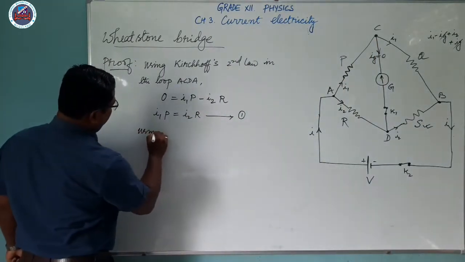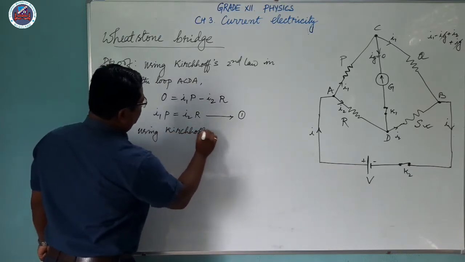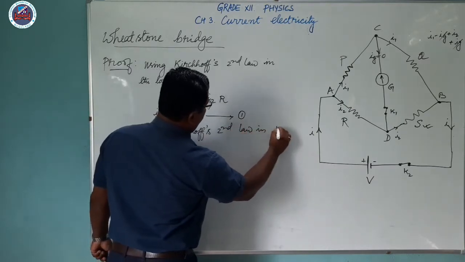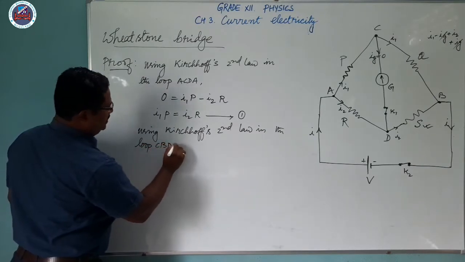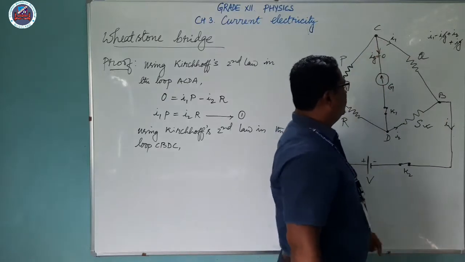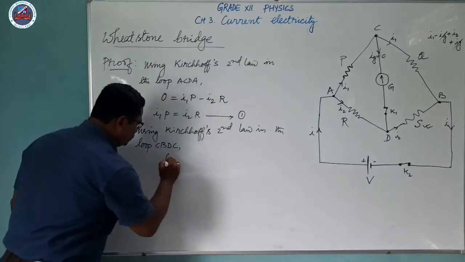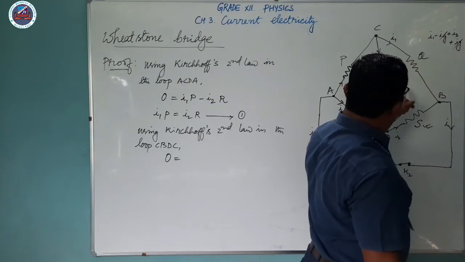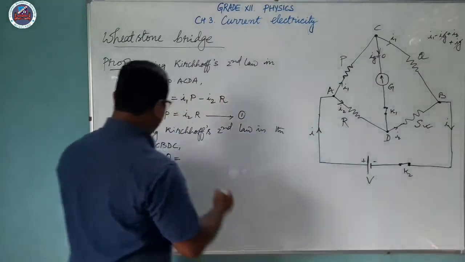Using Kirchhoff's second law in the loop CBDC, you can take any direction, CBDC. And here also you can see that the sum of EMF is 0. So I'll start with 0 is equal to, here current I1 and Q is flowing this way. So it is clockwise. So I'll take positive I1Q,